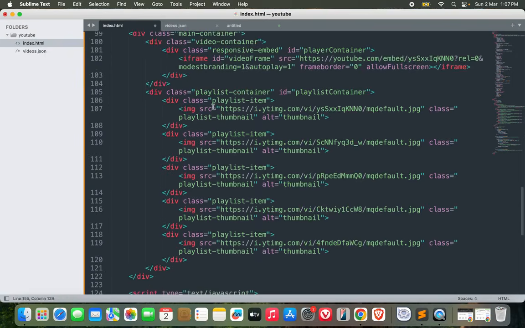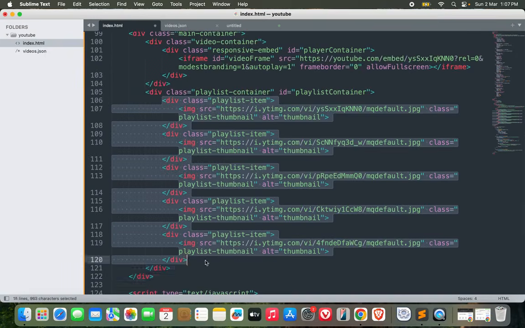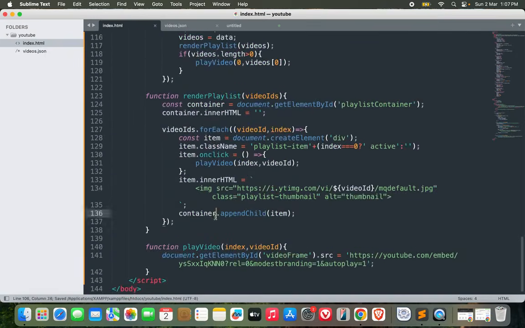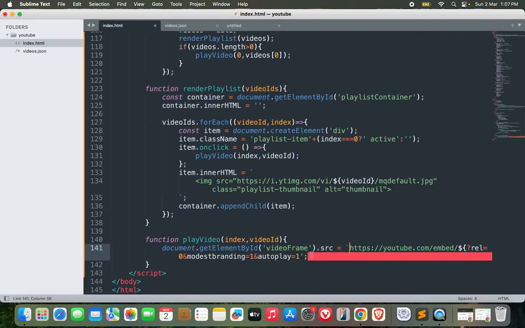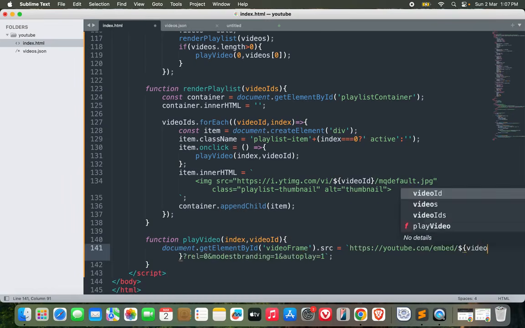One more thing, I don't need these HTMLs now because this will be appended by JavaScript over here. Now let's make this one dynamic. So this would be videoId,